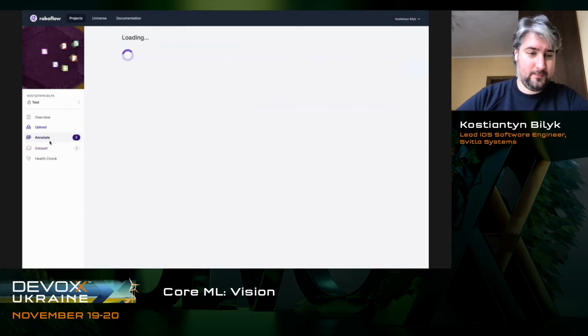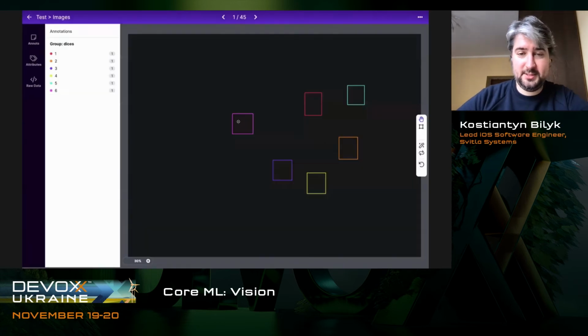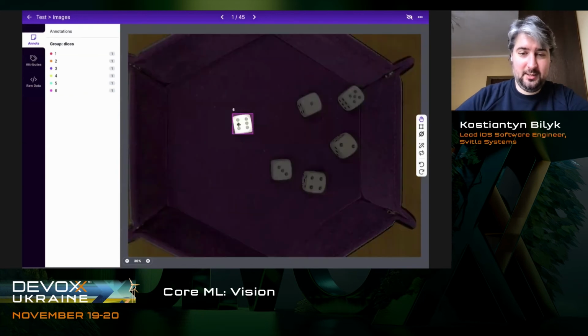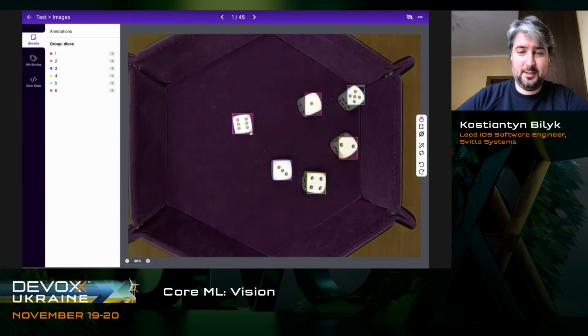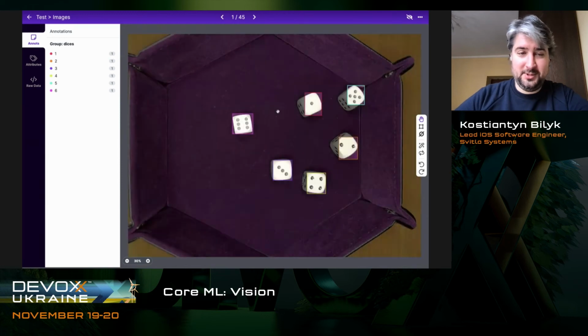Let's see. We have already annotated and uploaded image sets. So what you are doing here, you are selecting an area of the dice where you can see the information interesting for you. And you can label it with any label you want. So as I mentioned, on each area, I've selected